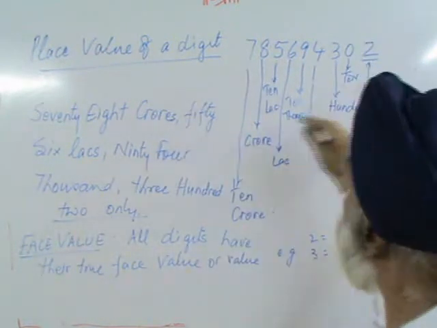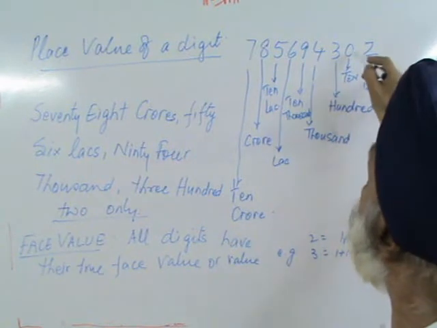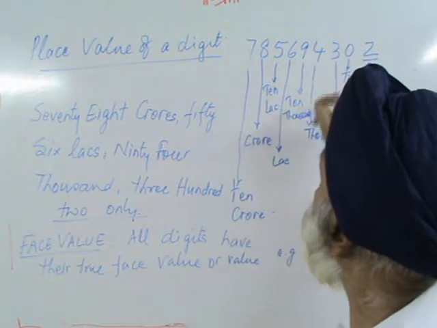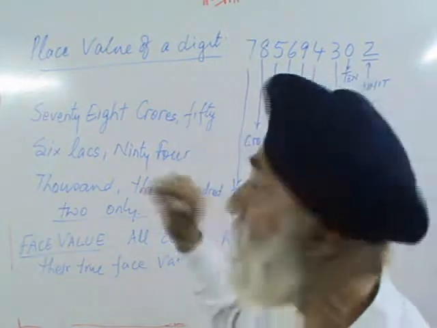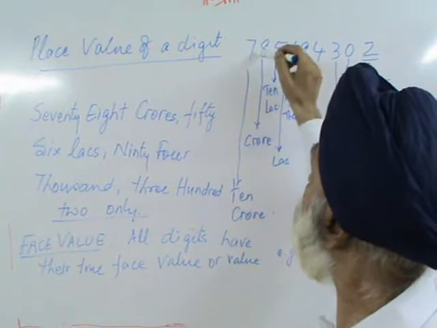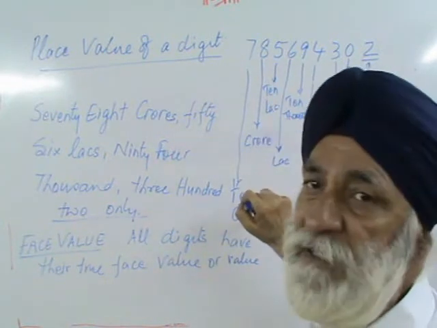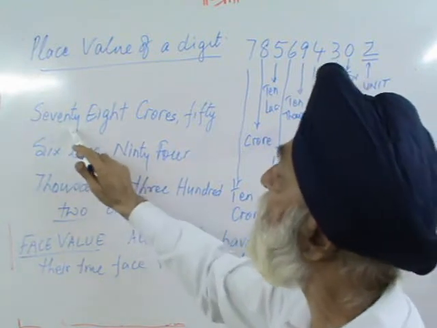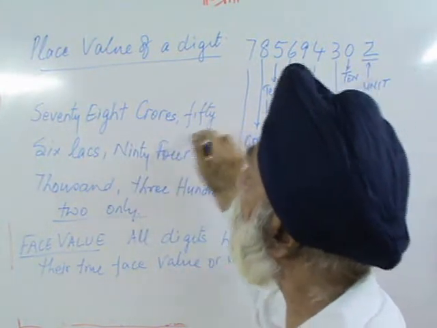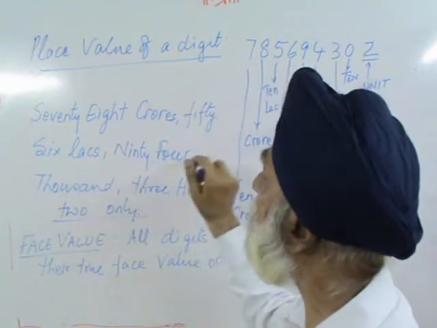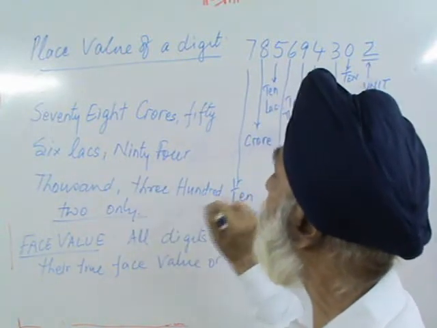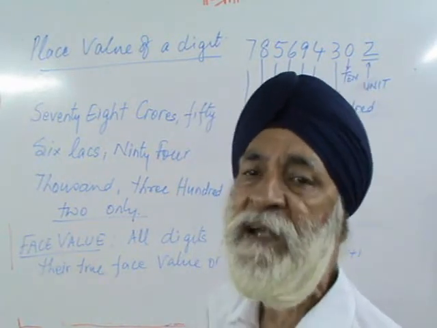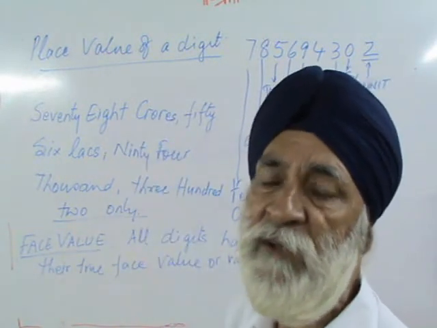Now I have also mentioned that 2 is at units, 0 is at tens, 3 is at hundreds, 4 is at thousands, 9 is at ten thousands, 6 is at lakhs, 5 is at ten lakhs, 8 is at crores, and 7 is at ten crores. So while writing in words, it is 78 crores, 56 lakhs, 94,302. So it is very important to know and understand the place value of the